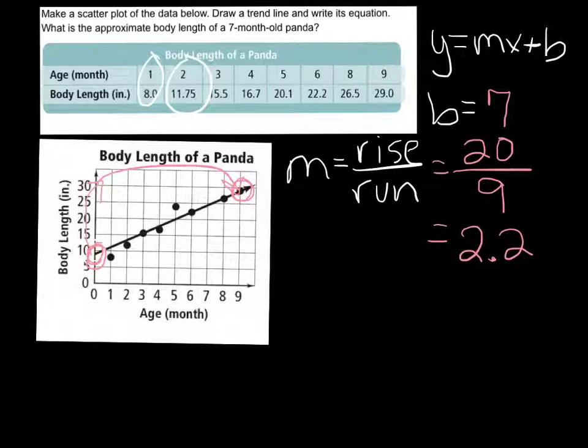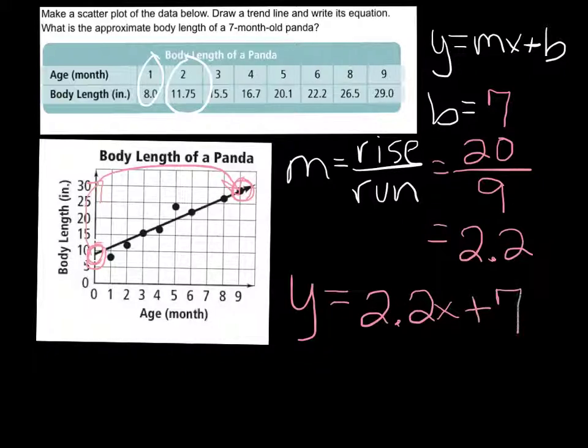Your equation then is y equals 2.2x, your slope times x, plus your y-intercept, which is 7. So there is your equation. Now it says, what is the approximate body length of a 7-month-old panda? In order to figure this out, you're just going to plug in the 7 for x because your months are your x values. So we're going to say y equals 2.2